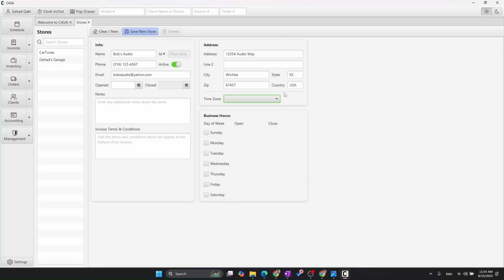And then very importantly, you must select a time zone for this store. This aids in the accurate recording of the timings on the schedule and things of that nature. So enter your time zone for this store. So let's say this is a Central Standard Time zone. And then lastly, entering your business hours, simply check the boxes for the days which you are open. So let's say we're open Monday and Tuesday. Just check these, and then you can